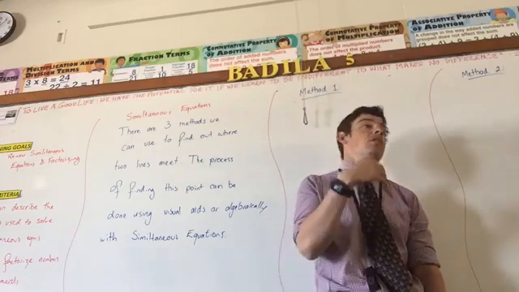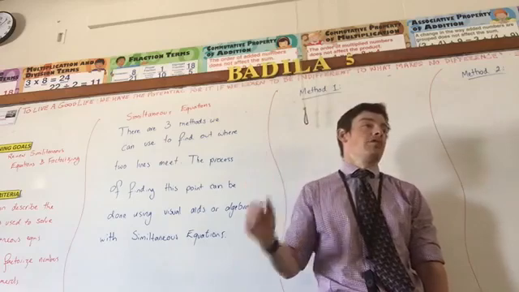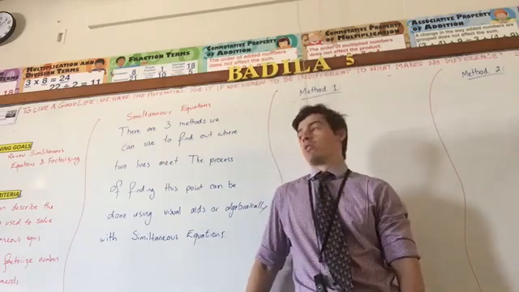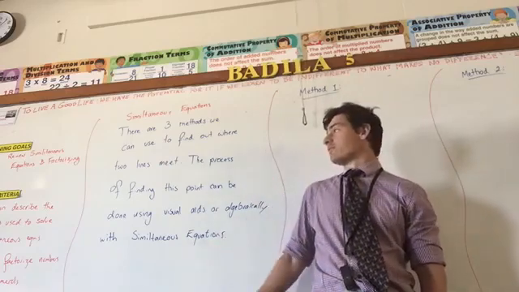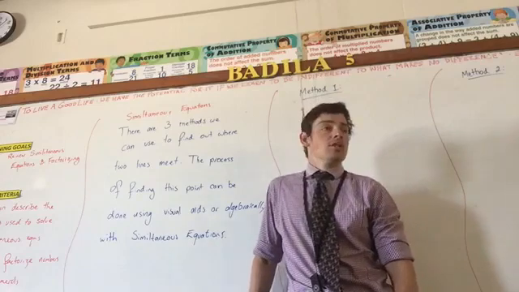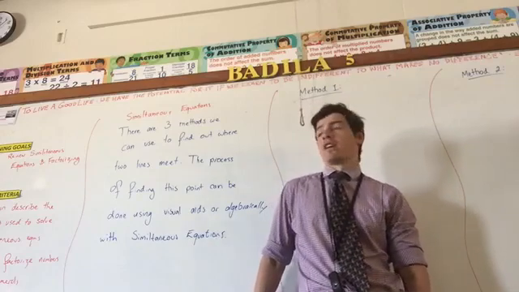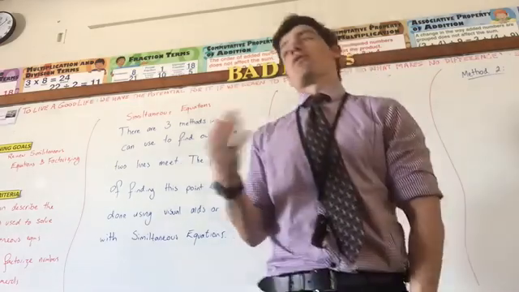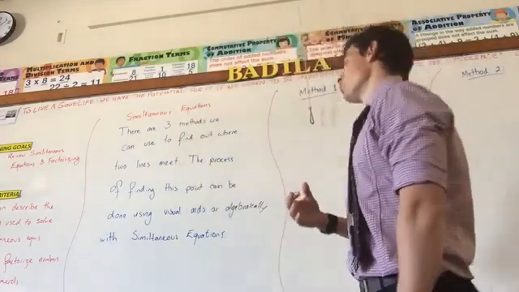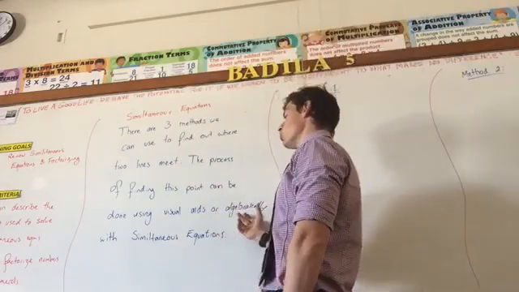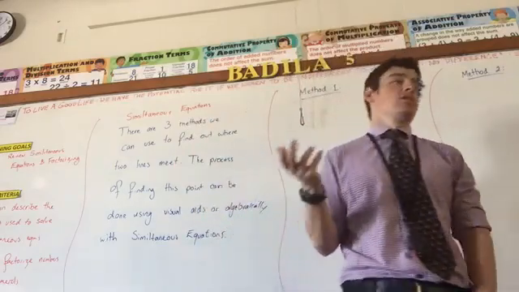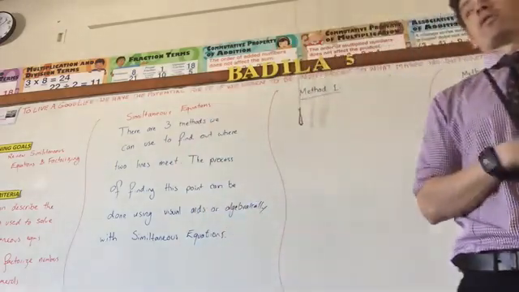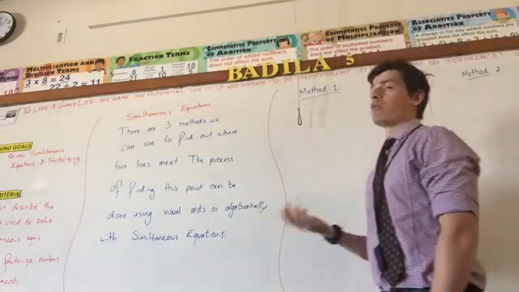But it doesn't just apply to linear functions, it can apply to any type of function. But we're really good with linear functions, so that's where we've started. Simultaneous equations are all about finding out where they meet. So if we're looking to find out where things meet, there are three ways in which we can do it. We can do this visually, or we can use algebraic aids with simultaneous equations. I want to talk about each of those three methods and why we use them, some of their strengths and